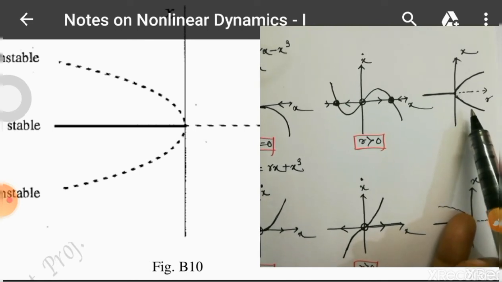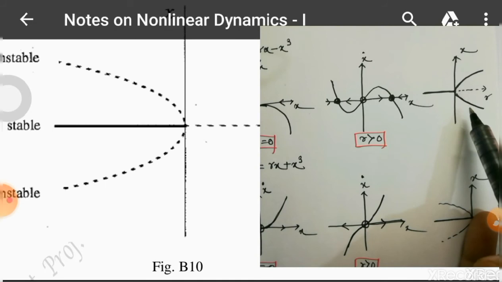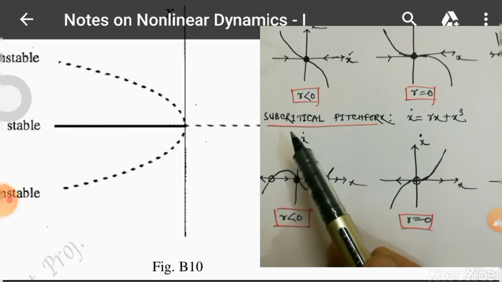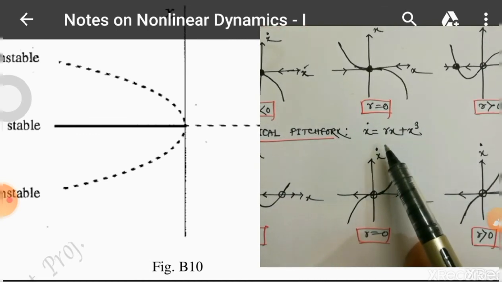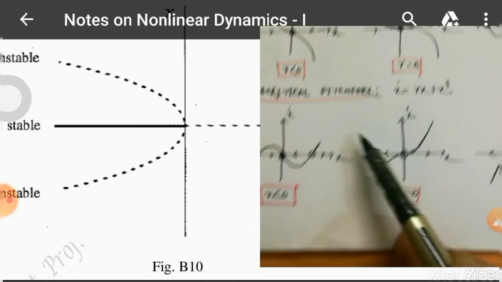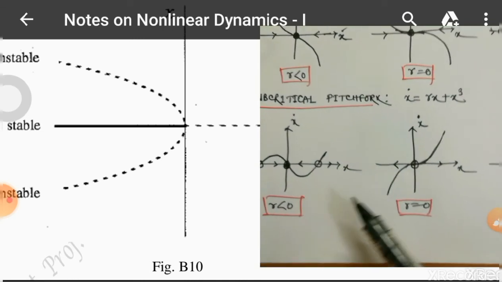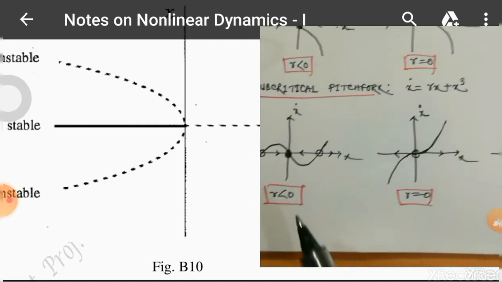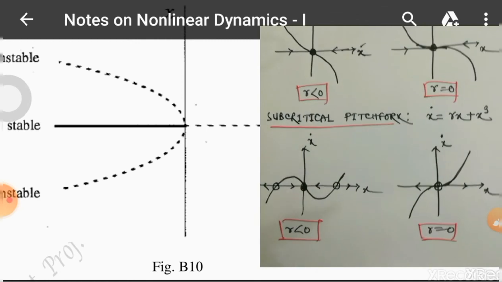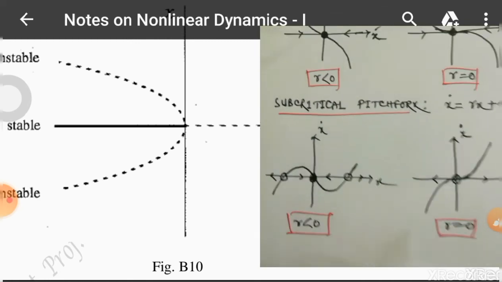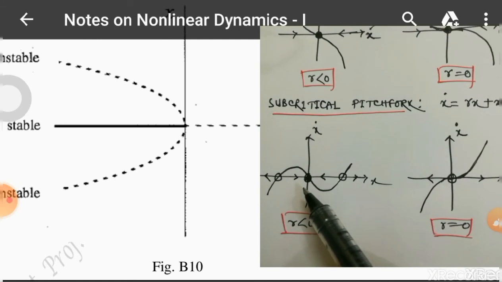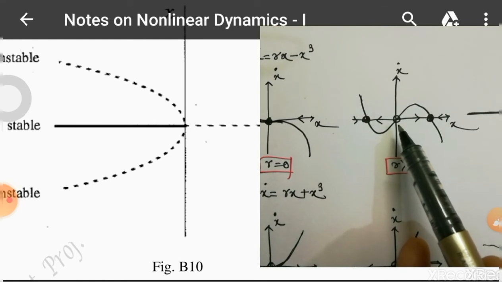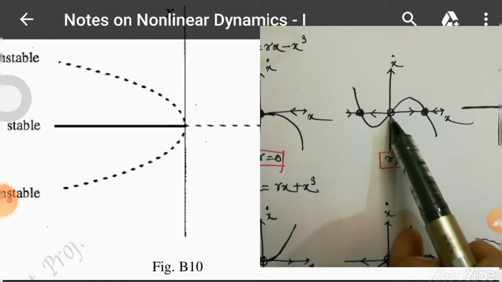This is why it is called a pitchfork bifurcation, due to the appearance of this bifurcation diagram. Then the subcritical bifurcation, the normal form of which is x dot equal to rx plus x cube, and the phase diagrams for three different conditions, r less than 0, r equal to 0 and r greater than 0, look like these three figures. For r less than 0, in the case of subcritical bifurcation, there are three fixed points. The origin is now a stable fixed point, which was the condition for r greater than 0 in supercritical bifurcation, where the origin was unstable.